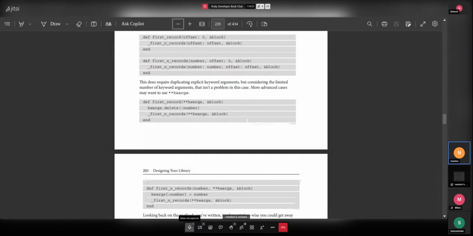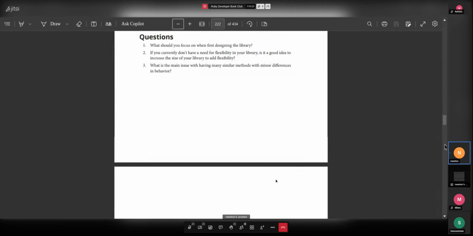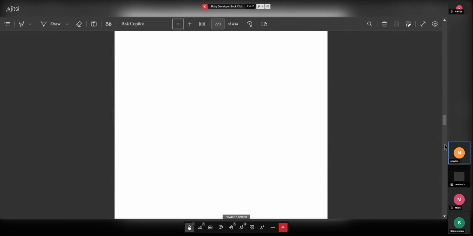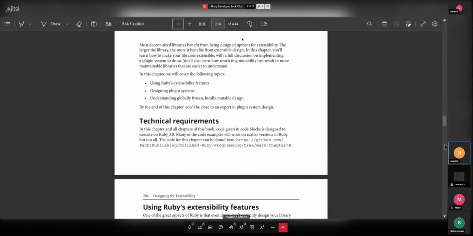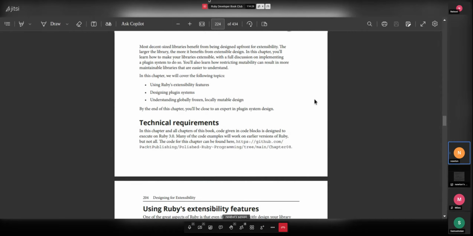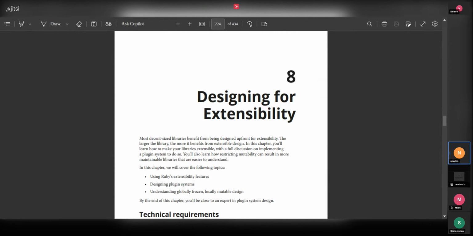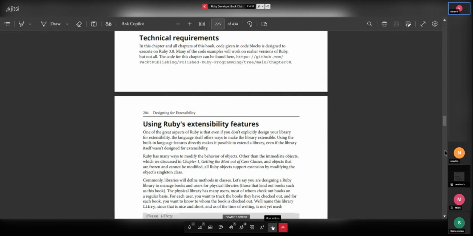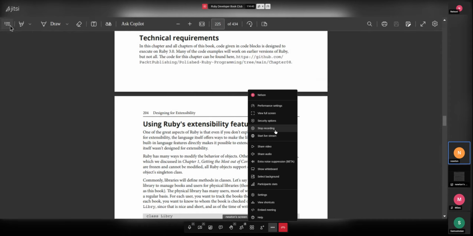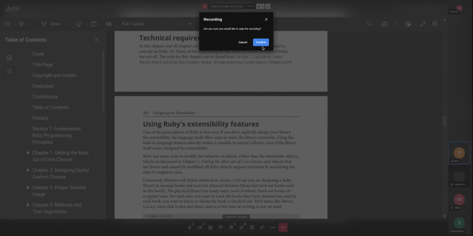Yeah, so I think that's pretty much it for today. We should maybe say who'll take up chapter 8. It's about designing for extensibility. It seems pretty short as well, so we can just cover